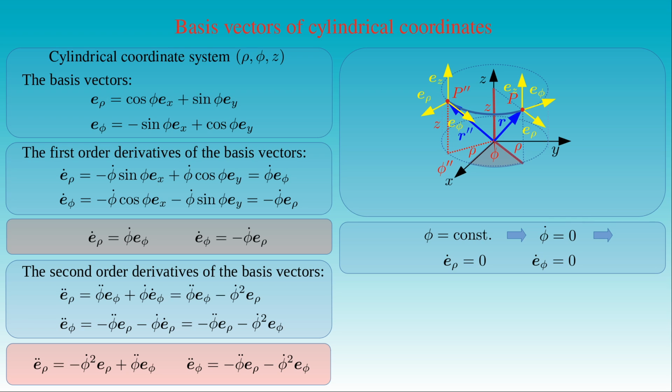We also saw that the derivatives of the basis vectors are proportional to the derivative of the azimuthal angle, and the derivative vectors point into the directions of the basis vectors. This statement can be demonstrated in this figure with the z-plane lying in the plane of the figure. Here we see the constant rho circle passing through the point P given by the position vector r. The basis vector e rho at the point P has the same direction as the position vector.